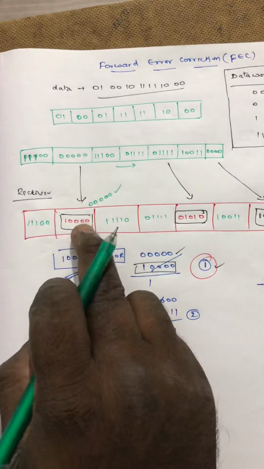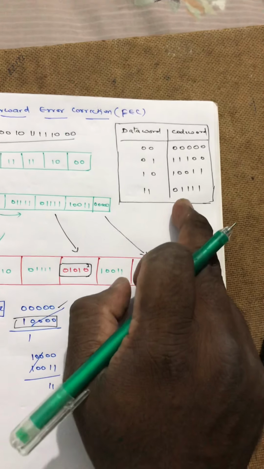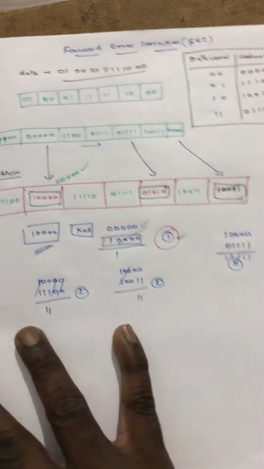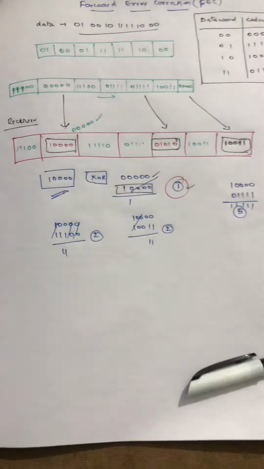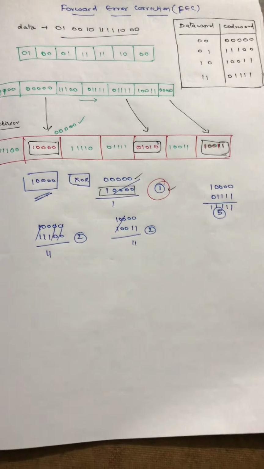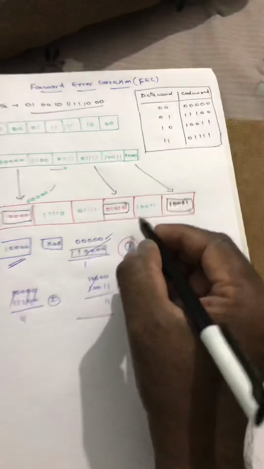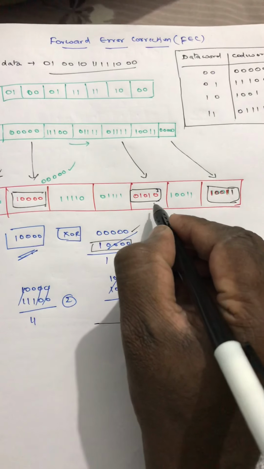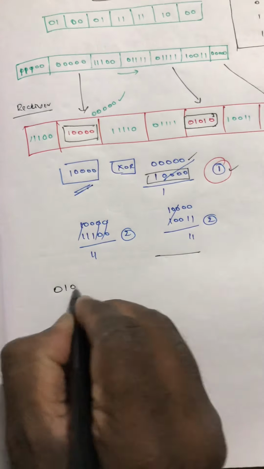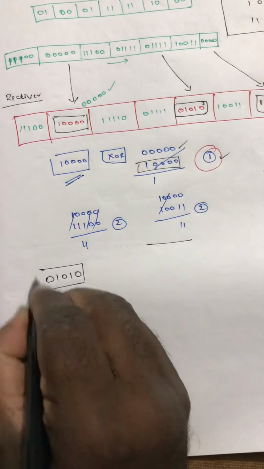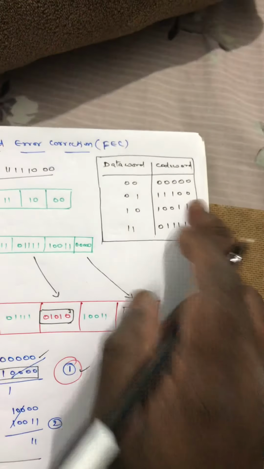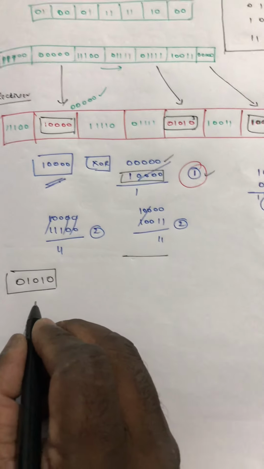When you receive a wrong slot value, you are going to perform XOR operation with all the value entries in the table, and you are going to replace it with the minimum one. This is the first condition. Now let's see the second one, 0 1 0 1 0. This is completely a new series which is not even available in the table. So I have to find it again with the XOR operations.